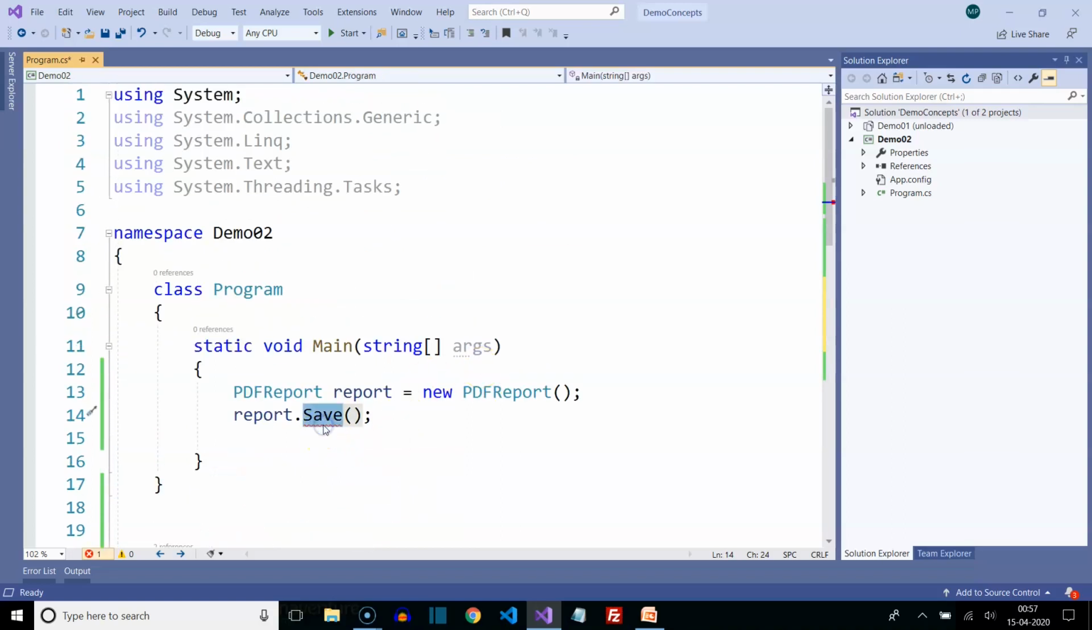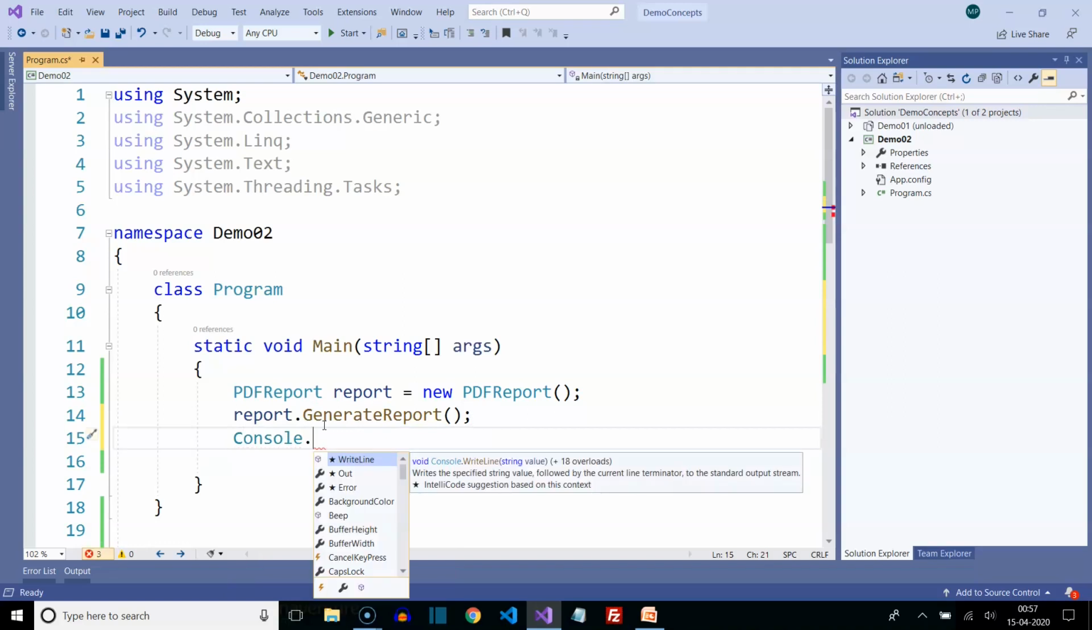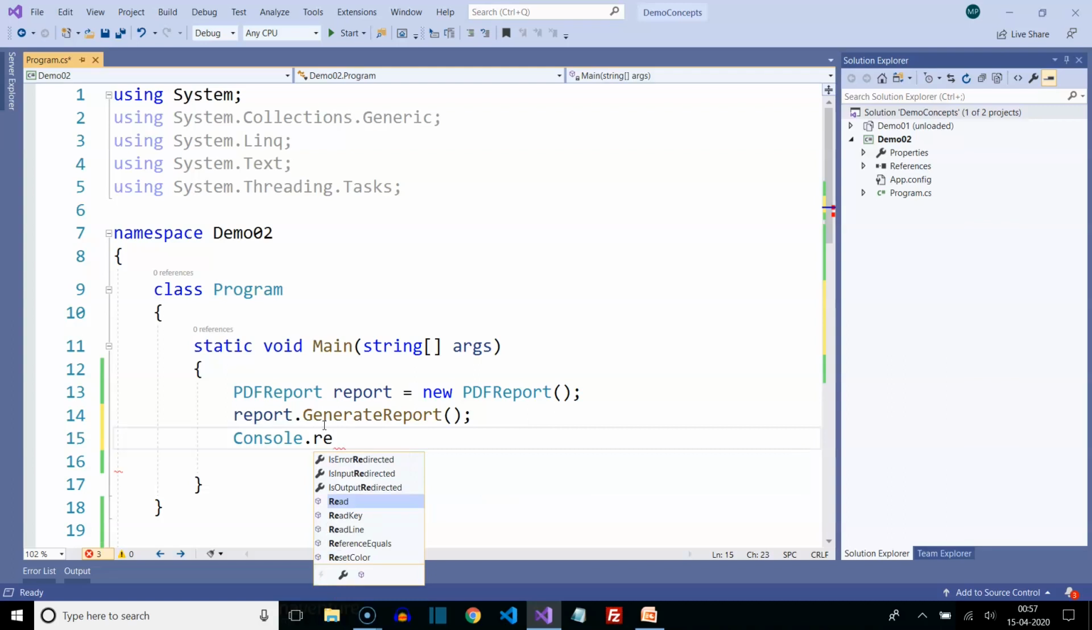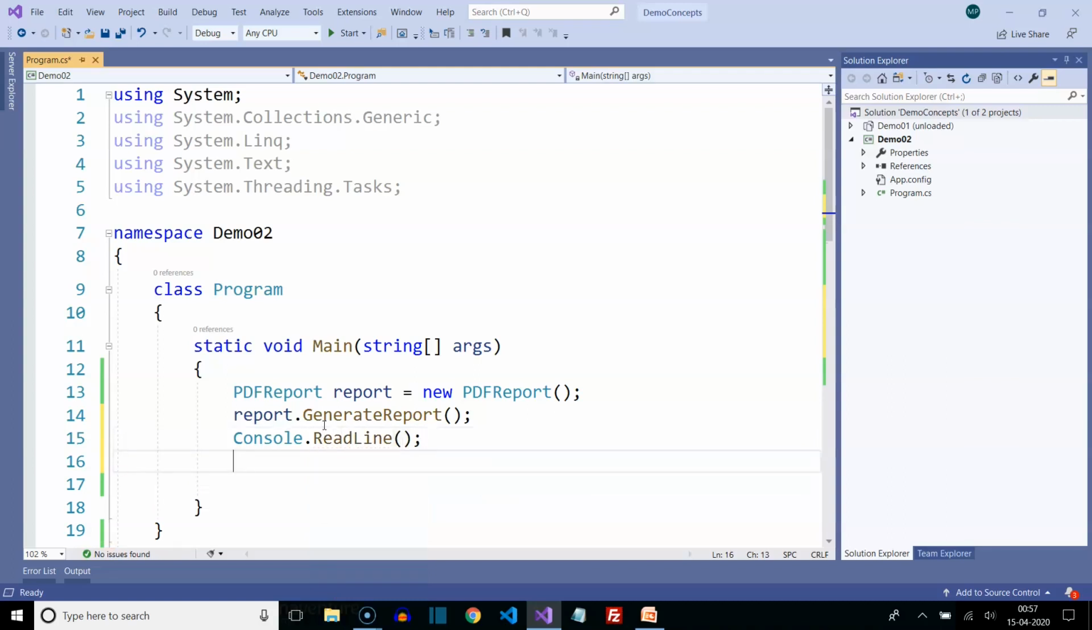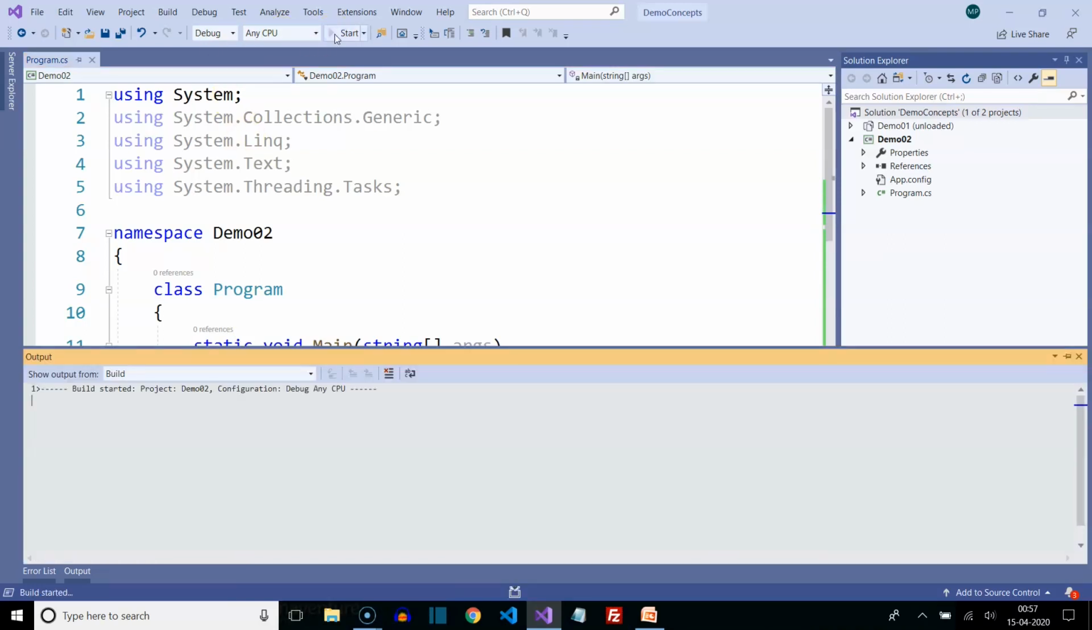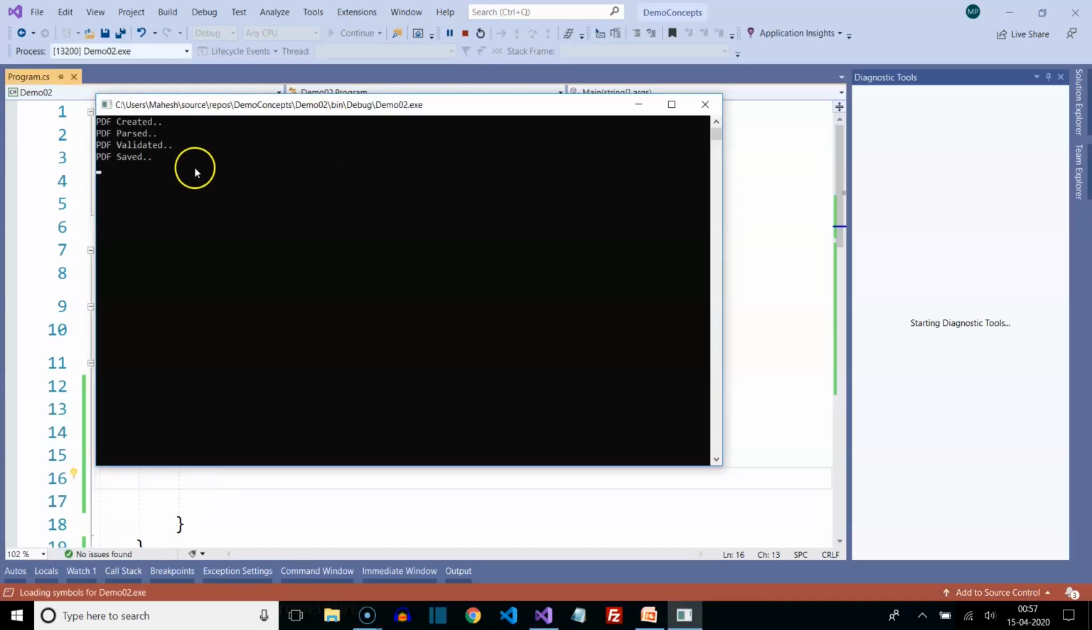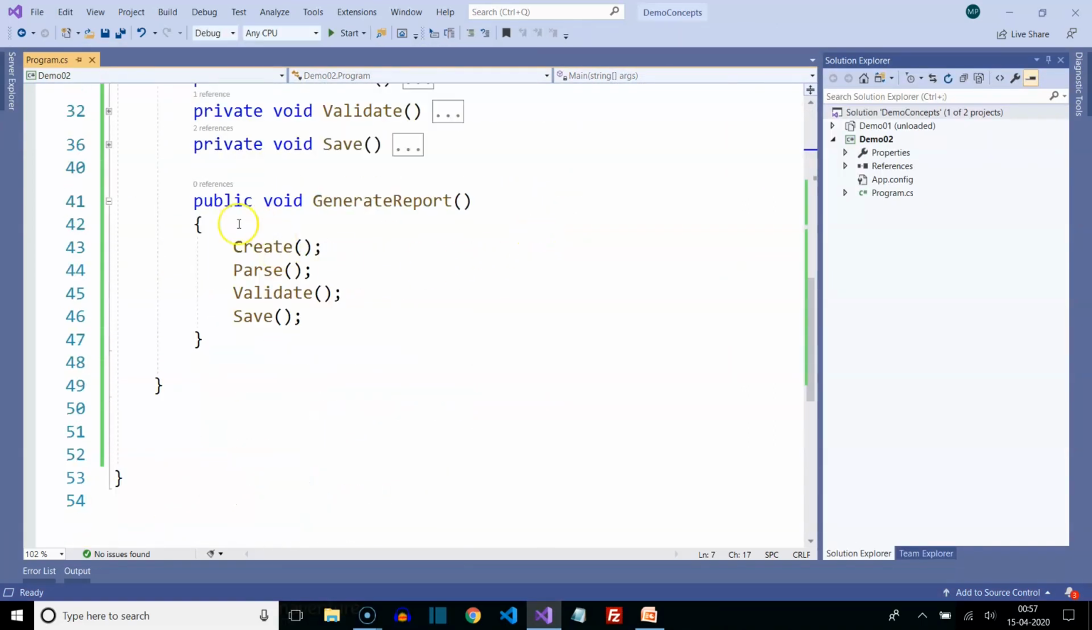So here with the report class object, we will have generate report method available only. And then simply to have console there as it is, I'm just going to have console.readline. Now let me run this piece of code. Let's run this. You will see that all 4 methods are going to get called in sequence. Looks good. Simply by having some wrapper method which is publicly available, I just made sequence thing available with the